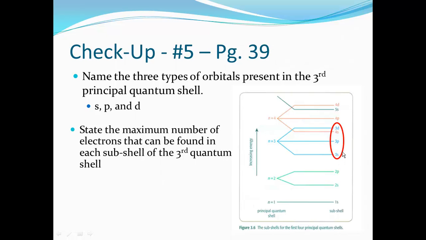State the maximum number of electrons that can be found in each subshell of the third quantum shell. So remember, the 3s can only hold 2 electrons, the p can only hold 6, and the d can only hold 10 max. The s orbital is 2 electrons, the p orbital is 6, and the d orbital is 10. Mind is blown. We will continue this again in class. Just make sure you